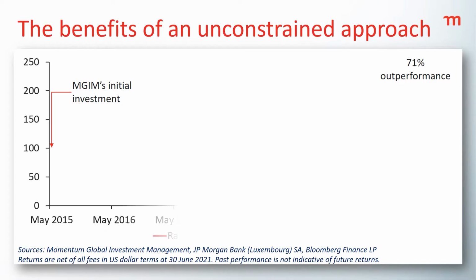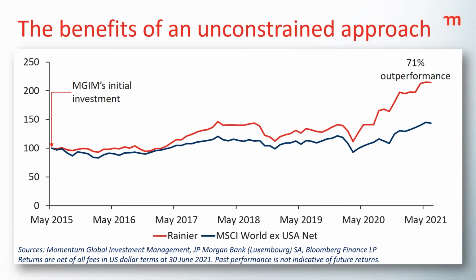Firstly, we bring you access to some of the best global investment managers that you would otherwise not have access to in South Africa. One example we've used here is Rainier Investment Management, a growth-orientated equity manager based out of the US that I suspect is unfamiliar to many South African investors. Since we invested with Rainier in 2015, the fund has delivered cumulative excess returns of 71% as at the end of June, given its focus on growth equities, and is one of the many success stories to which we're exposed